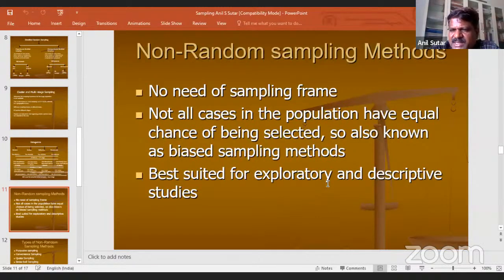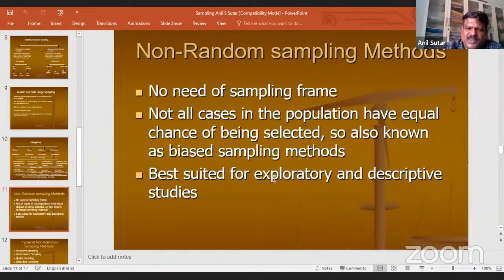Even construction workers or street vendors: for such kinds of groups, you can't think of simple random sampling or any random sampling method. You can even think of a combination. Combination is okay. You can combine two different methods. You can say first I followed a convenient sampling method, then I started simple random. That is also okay. But to begin with, there are certain groups and populations where you can't apply a random sampling method.